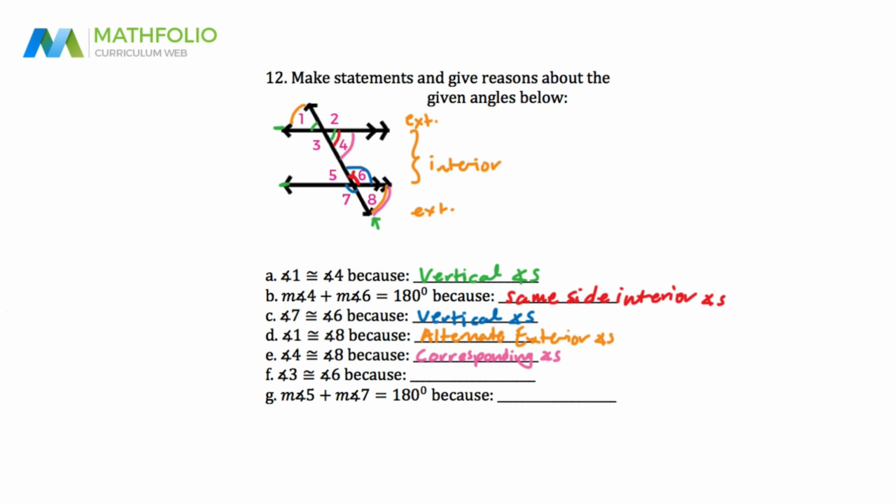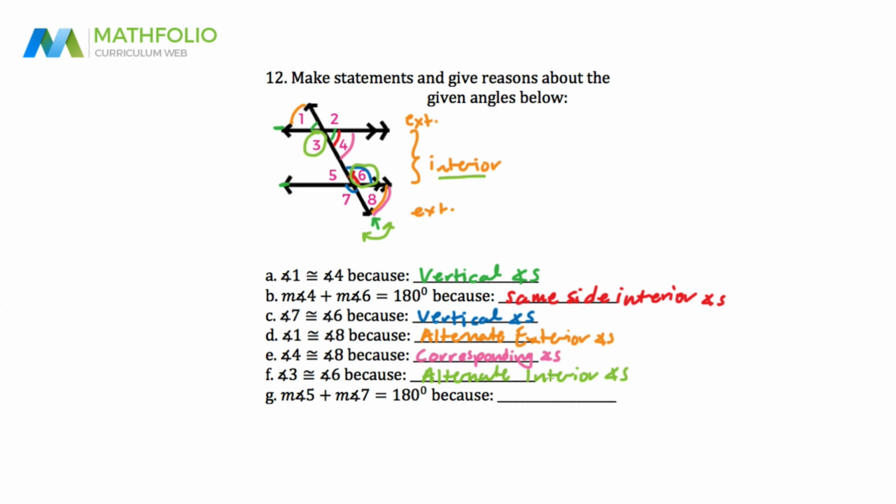All right, the next one, 3 and 6. Well, 3 is here, 6 is right here, so they are interior and they're alternate because they're on either side, so therefore they are alternate interior